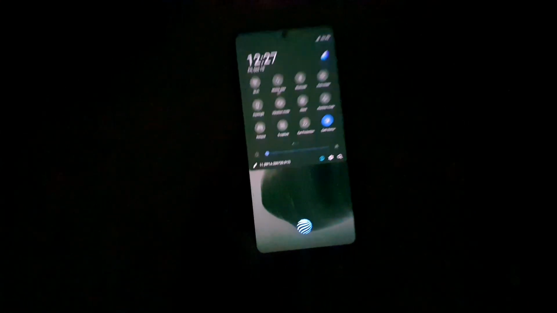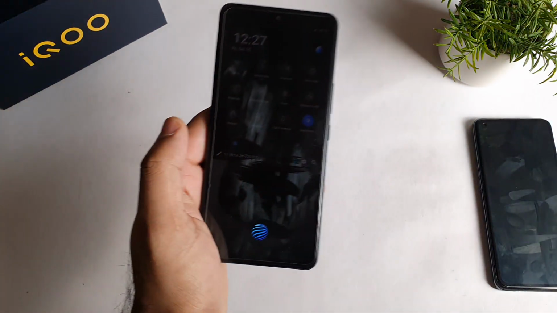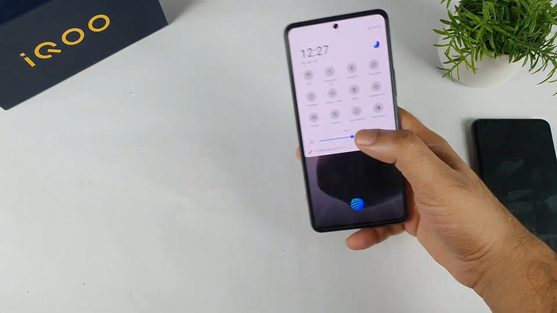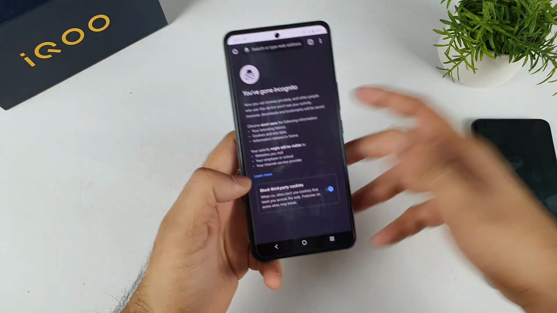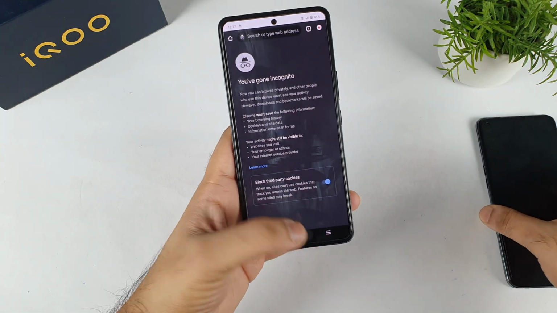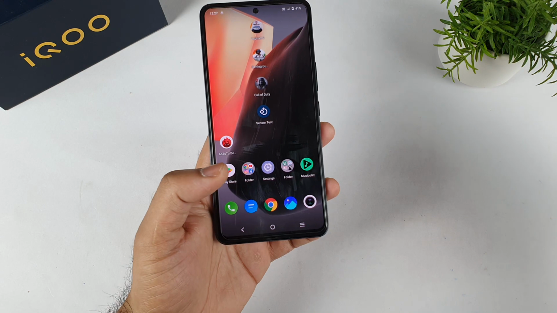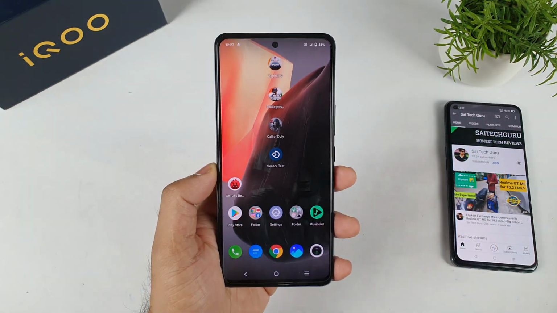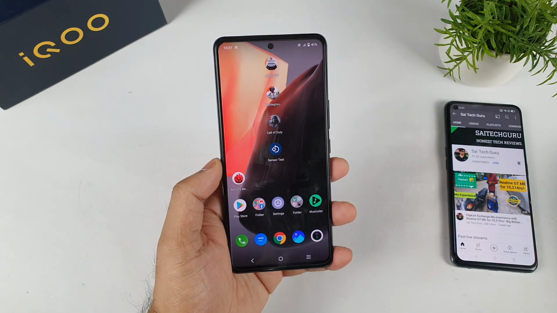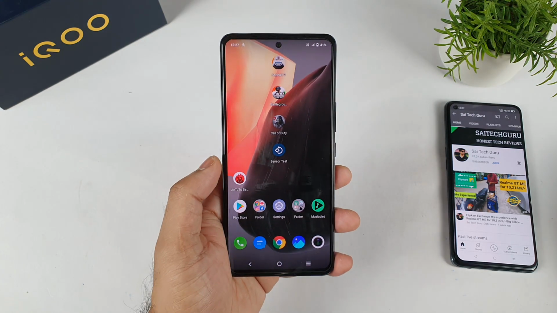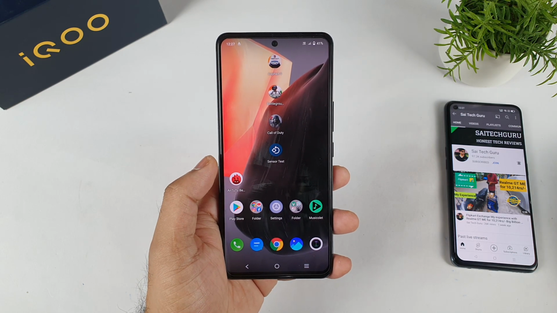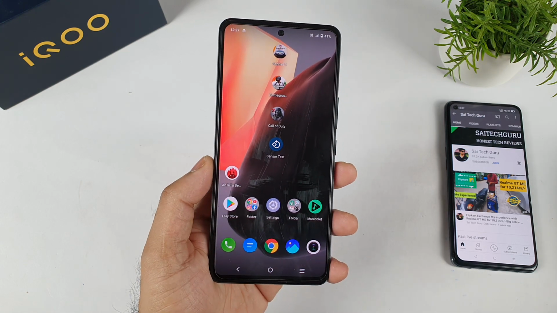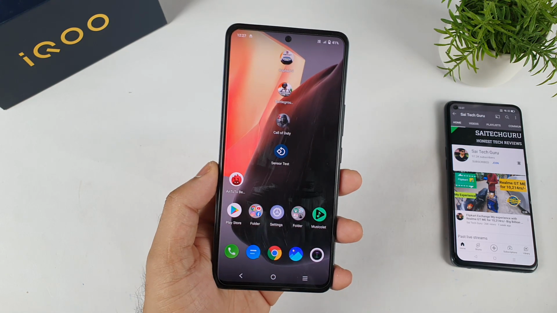That's it, friends. Thank you for watching this video. This is a small thing which I'm just mentioning, and I don't think it is a really big issue. It is only visible under certain conditions, not every time you look at the phone. This kind of green tint will be visible in the iQOO 7 device only in certain conditions. Let me know in the comment section below, friends, whether you have this kind of problem or not. But if you ask me, can this be the main reason not to buy? I don't think it is a big reason not to buy this phone. As I said, not all the phones will have this kind of green tint problem, only a few. So if you have the problem, definitely you can apply for a replacement as well. That's another thing, you do have the option.